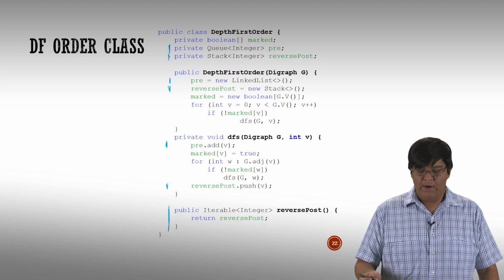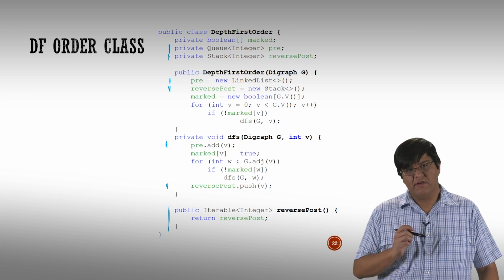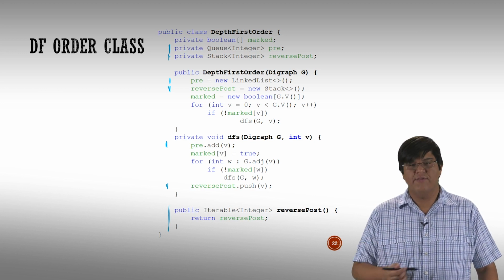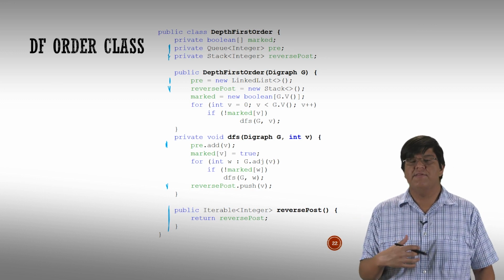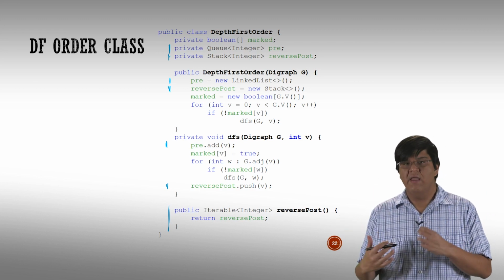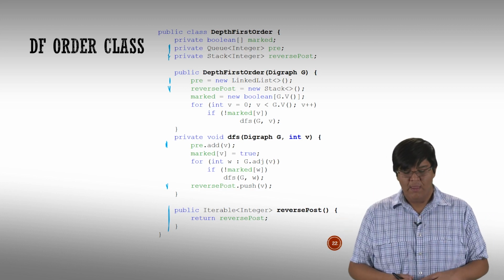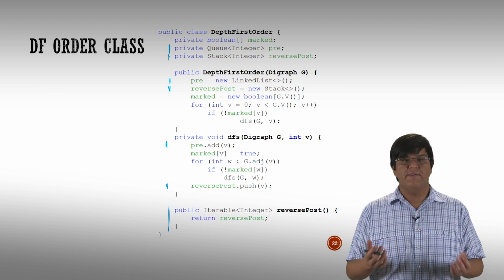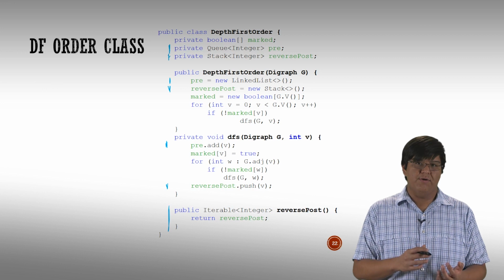Kind of the same deal, right? I have a new instance variable. This time it's going to be a stack though. The reason it's a stack is because I'm implementing reverse post-order, and a stack basically reverses things, right? If I throw a bunch of things into a stack and then take them back out, it reverses the order that they're in, since the most recent thing I've added will be the first thing back out. So if I want the reverse of the post-order, I'll store it inside of a stack. If I want just the post-order by itself, I would use a queue like I did for pre-order.